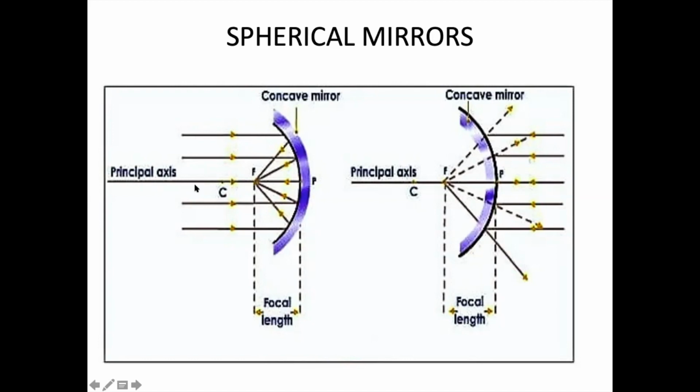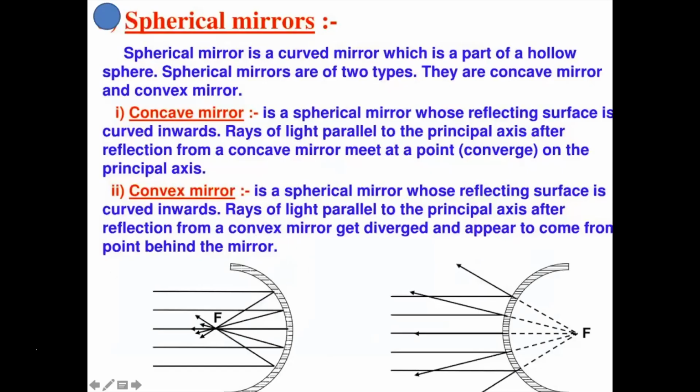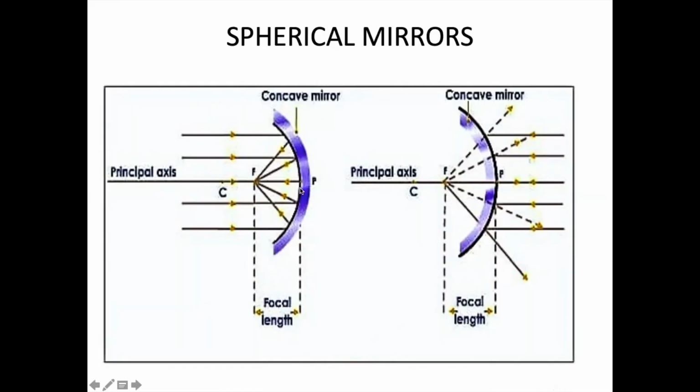See, on the principal axis, the ray of light is falling on the pole, the center. It is coming back. Two rays are shown over here, one going towards here and one going the other way. You can see when they are falling at an angle, this one is going straight, coming on this side. This is going straight. It is passing through the focus. So a ray parallel to the principal axis will always pass through the focus. This is how you can find the focus, and this distance will always be between the pole and the center of curvature, meaning half of the way.